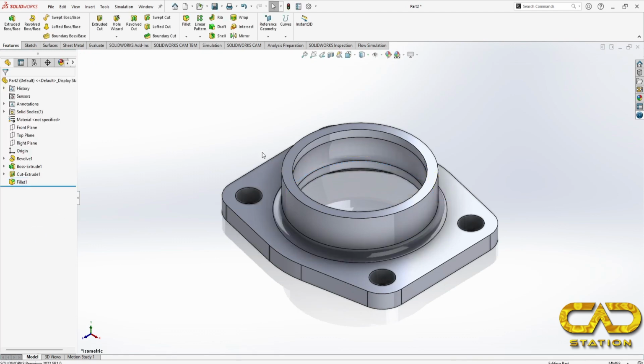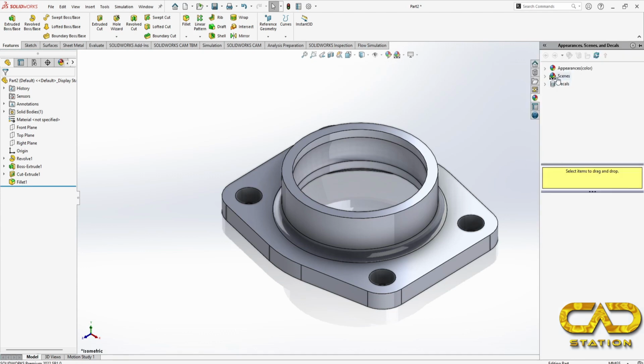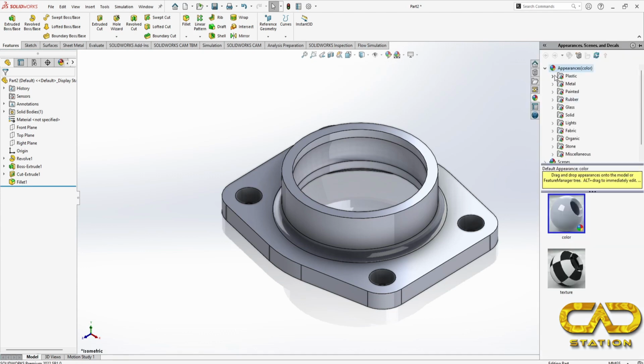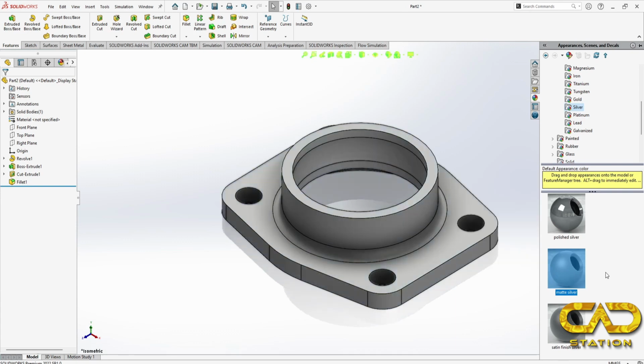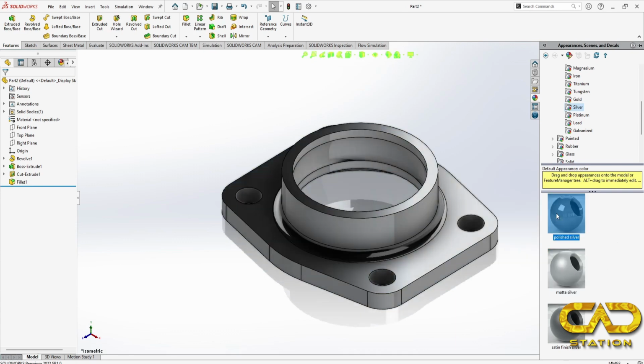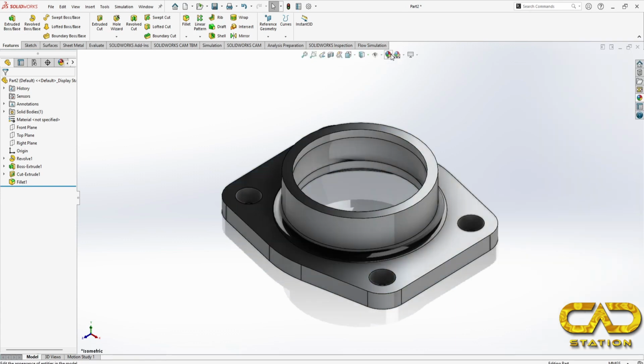Now we can change the appearance. Ctrl 7 for isometric view, and we are going for the appearance, and you can select any one of the appearances. I'm going for this metal. Let's make it silver, matte silver, or you can select any color of your choice, and I'm going for the